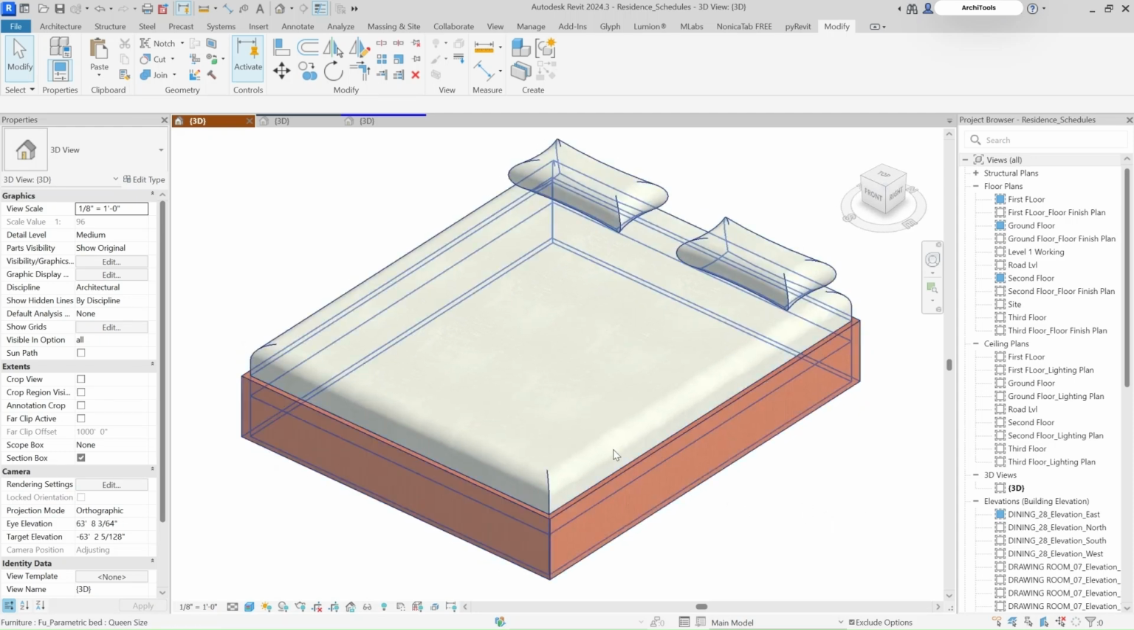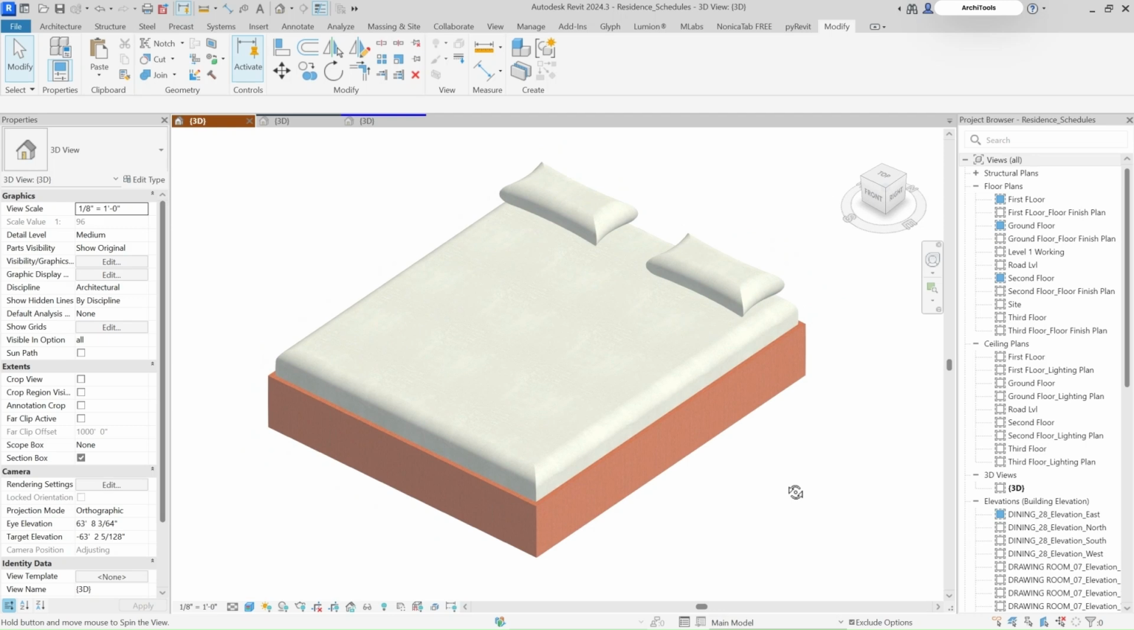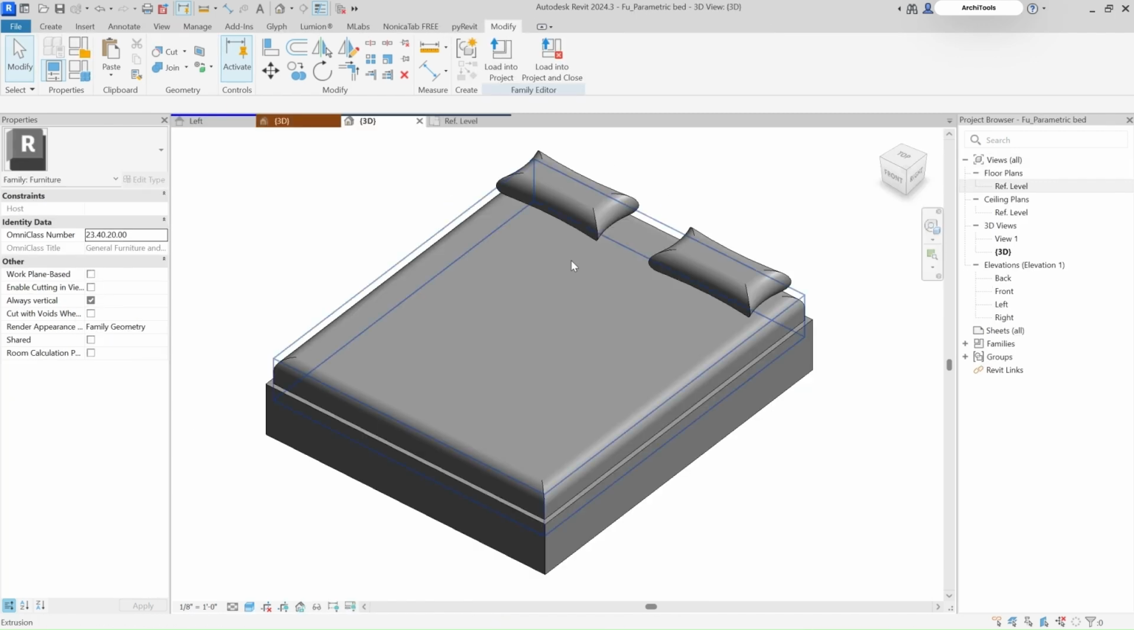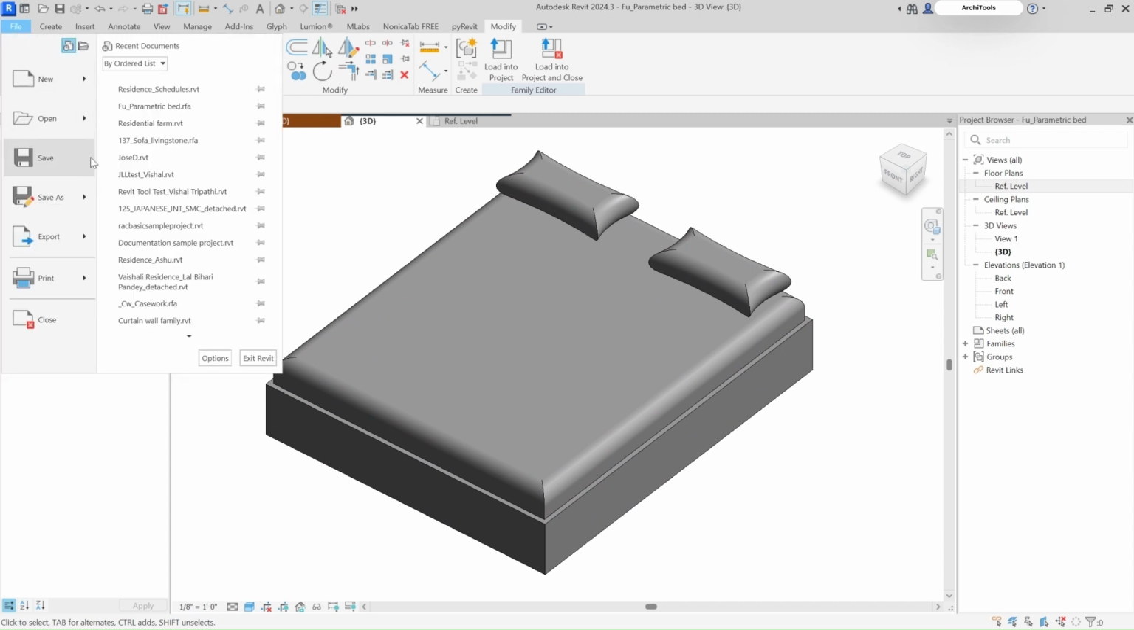In this video, you will learn how to create a fully parametric bed family in Revit from scratch. By the end, you will have a flexible family that can be easily customized for different project requirements. So let's get started. First of all, for creating our bed, I have to just go into new and